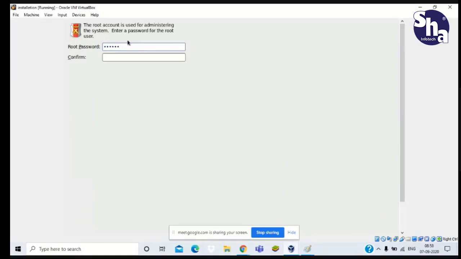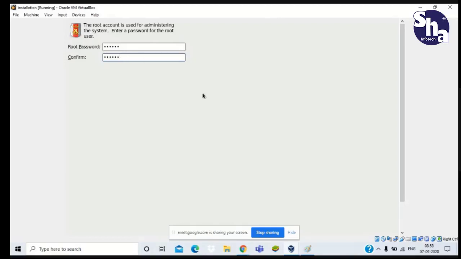You also just keep Oracle, because it will ask for a lot of passwords and you can't remember them all. If anything in any part of the machine asks for a password and you keep every password as Oracle, it will be easier for you to access. So I'm giving Oracle as the password by default.